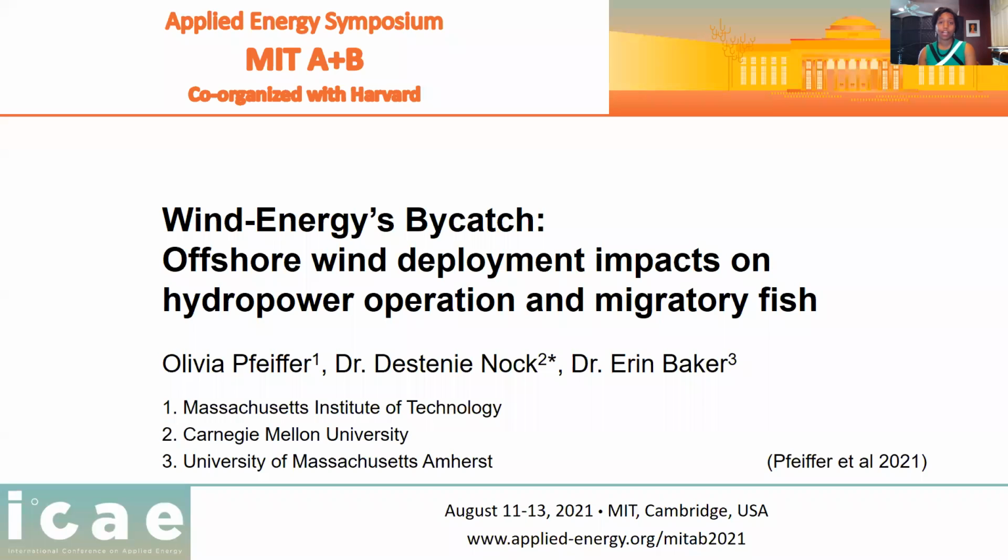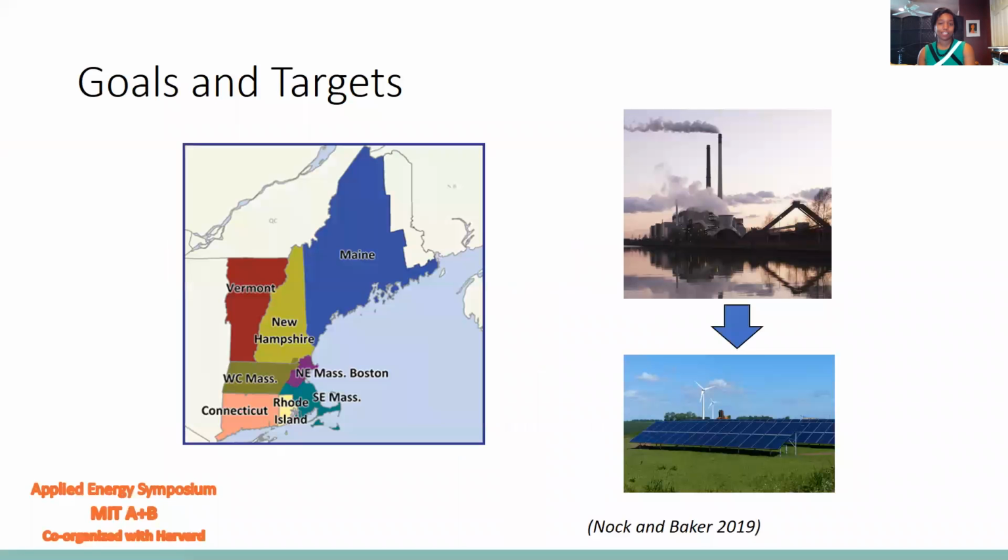Hello, everyone. Today, I am going to present a framework for analyzing offshore wind energy's potential indirect impacts on hydropower operation and migratory fish. We are focusing our analysis on the New England region, which is in the northeast quadrant of the United States. And we are focusing here because they have a lot of things going on in terms